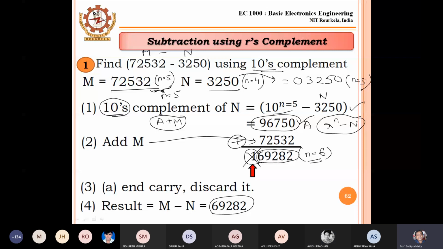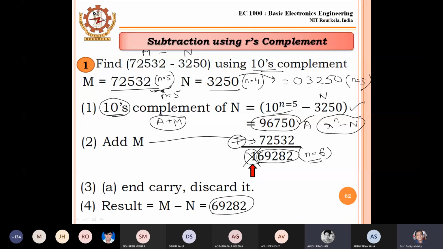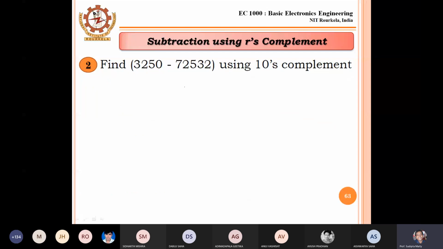Can we move to the next example? Yes, sir. Okay, next example. We have just reversed the numbers. In the earlier problem, the result was 69282. So my answer should be here 69282, but with a minus sign. Correct? I should get this answer. Yes, sir. But the problem is,